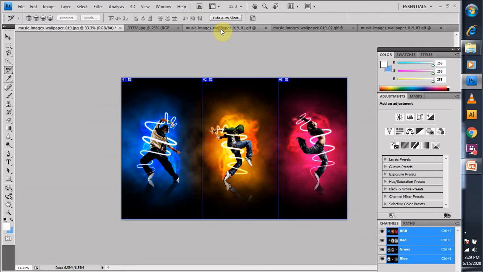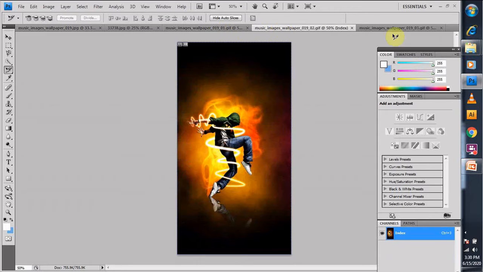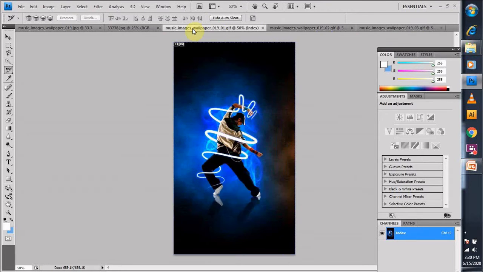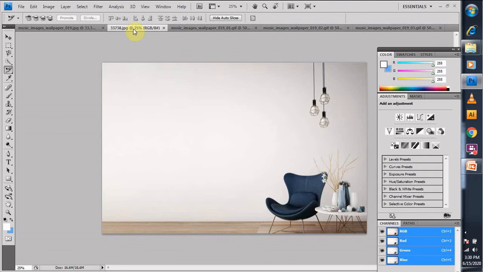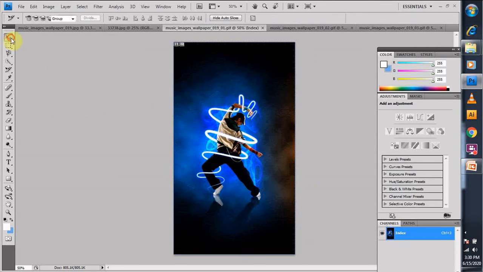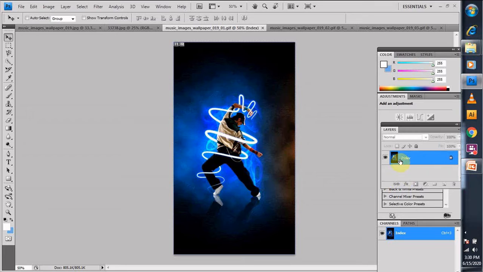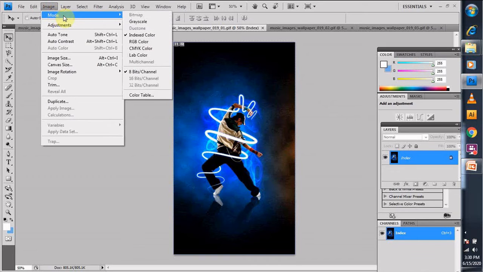So I have taken up the images which I have used and cut. Now I have one image and I'm bringing all three images into this. For that, I'll go to the select option and press F7 for layers, index layer. The most important thing is, when it shows you index layer, most people don't know how to work with the index tool. We'll go to Image, Mode, and then click on CMYK.